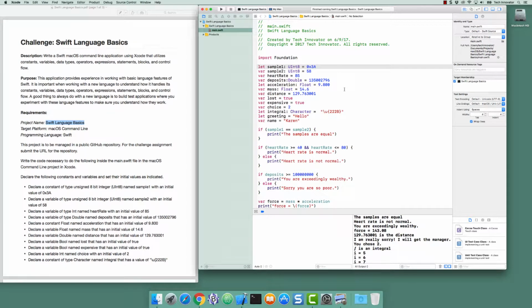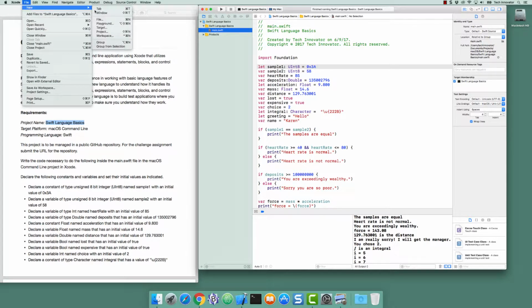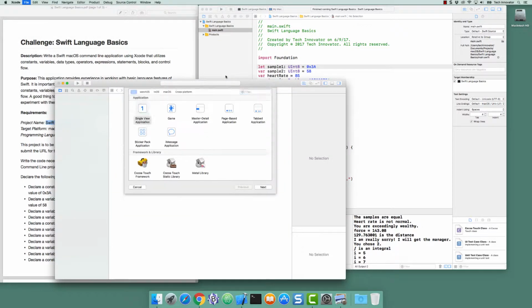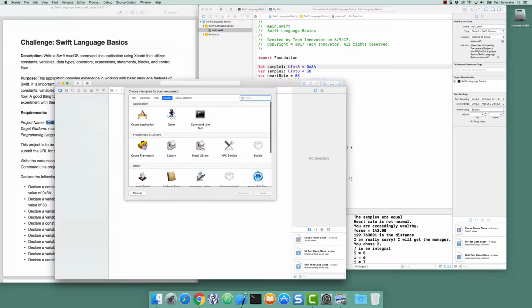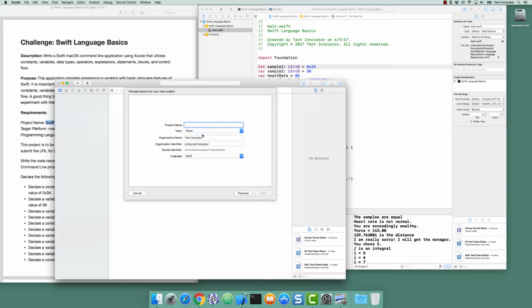This is the solution to the Swift Language Basics Challenge. For this challenge, we are to create a Mac OS command line application written in Swift called Swift Language Basics. To create a command line application, in Xcode, go to File, New, Project, select Mac OS Command Line Tool, and